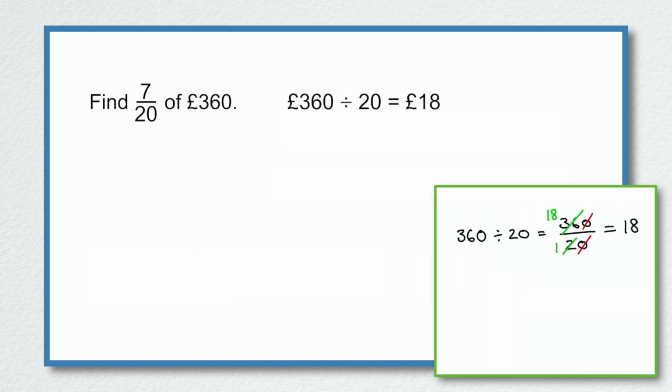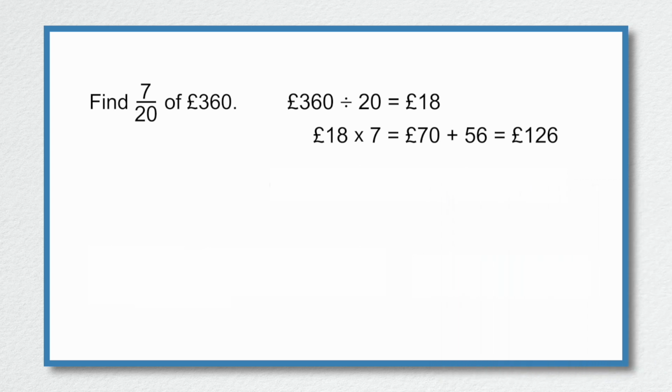And finally, find 7/20 of £360. Well, without a calculator, I would be doing £360 divided by 20. I can divide through by 10. And then I've got 36/2. Well, 36 divided by 2 is equal to 18. 18 multiplied by 7. Well, 10 multiplied by 7 is 70. Add 8 sevens, which is 56. So that is equal to